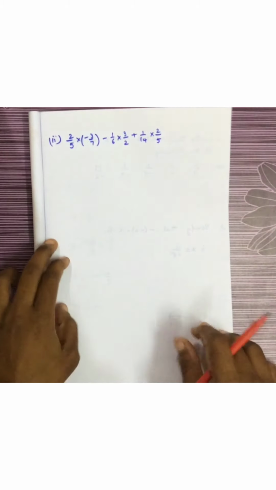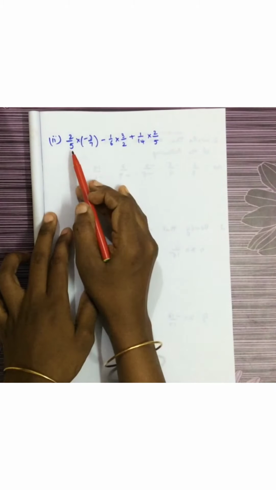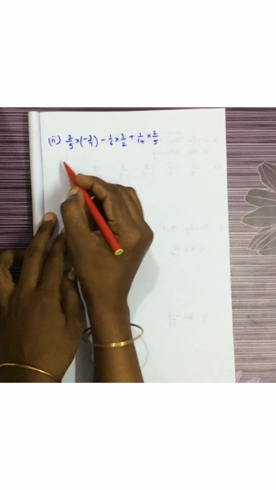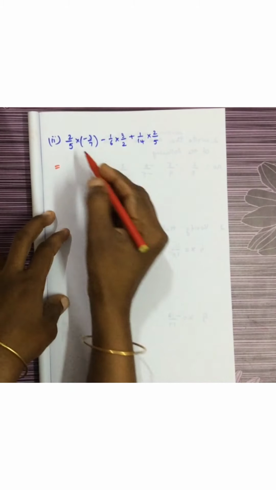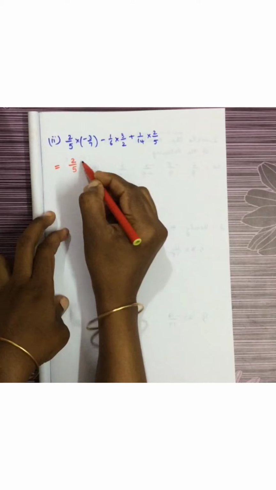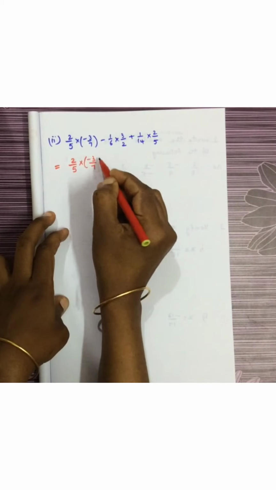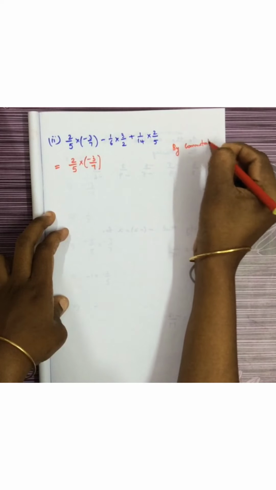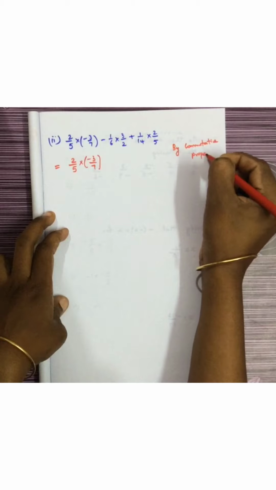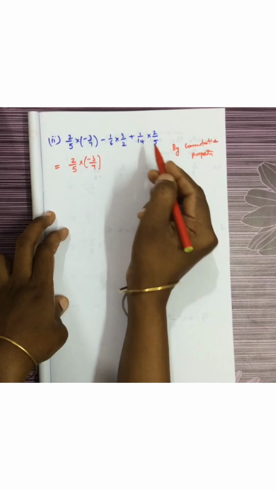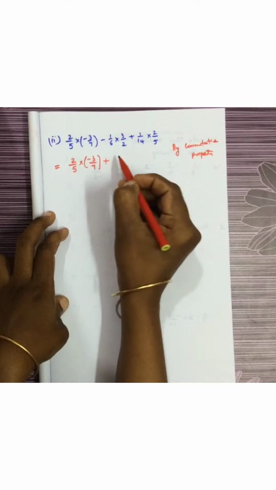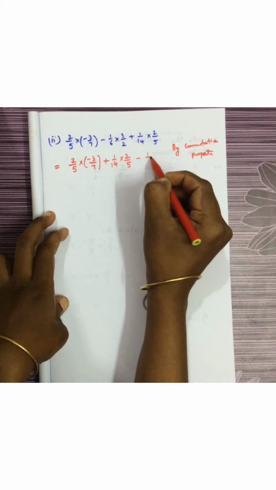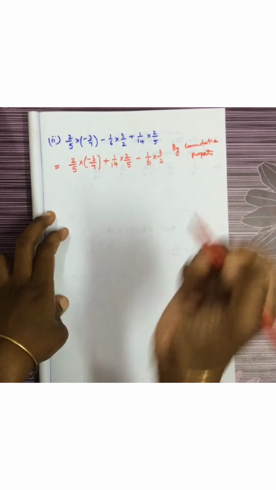So now how you are going to start this? Here you can see, here is one 2 by 5 and here is one 2 by 5. Okay, so what I am doing is 2 by 5 multiplied by minus 3 by 7. So by commutative property, I am going to shift the term with 2 by 5 to the nearer term here, plus 1 by 14 into 2 by 5 minus 1 by 6 multiplied by 3 by 2.